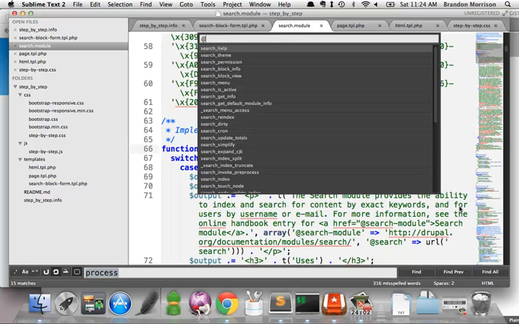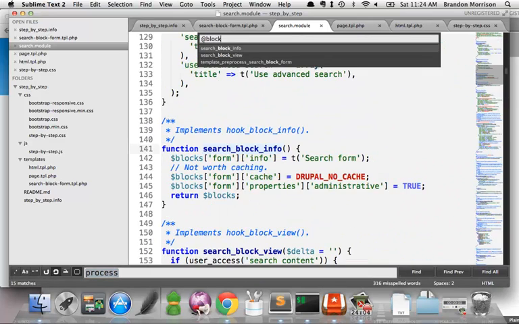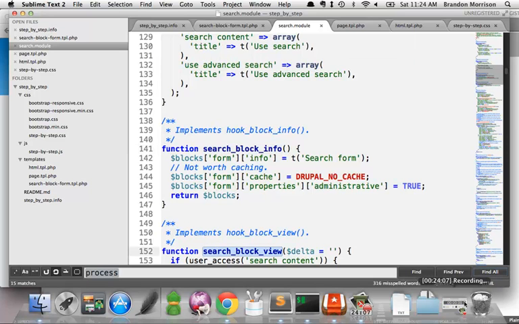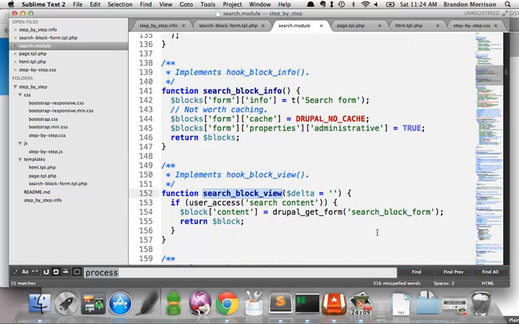Let's see. So what I'm looking for is the, because I know it's a variable and I know it's a form. Does everybody know what the form API is? Okay, so one thing that Drupal does that's a common pattern is what's called render arrays. And so what a render array will look like is,